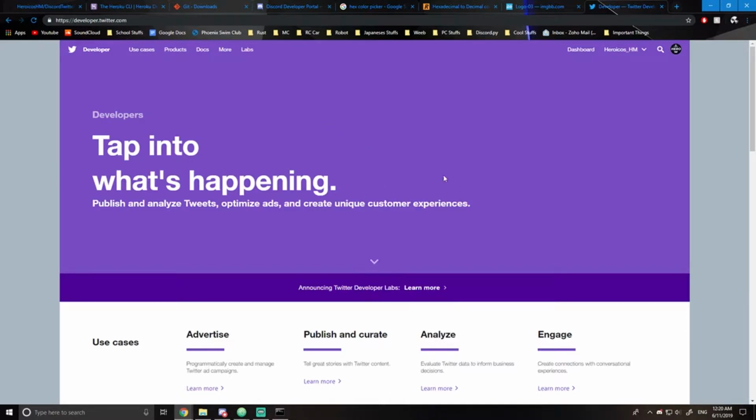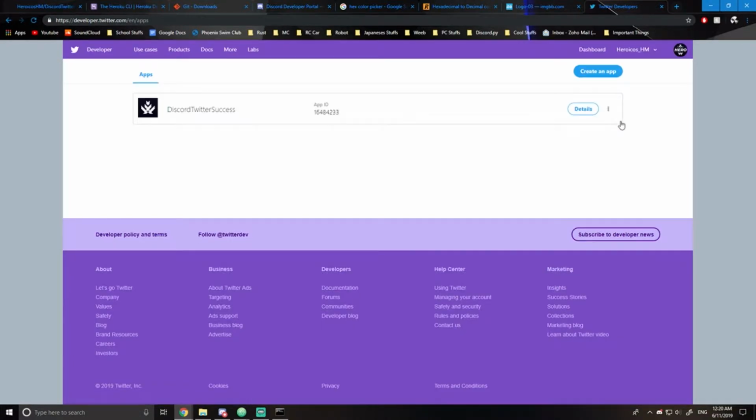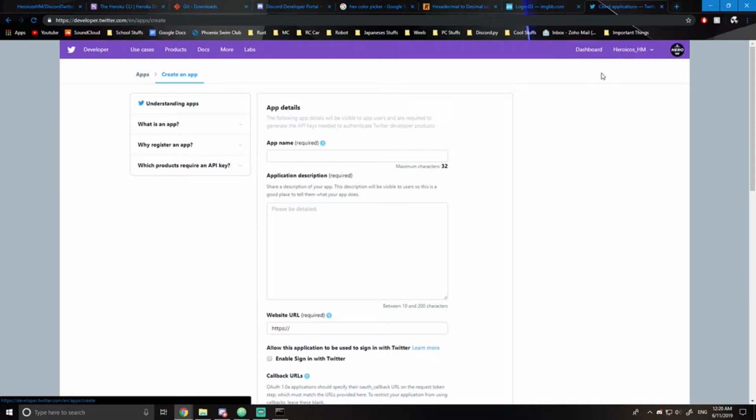But once you're done, you'll be able to come here, click on your name as a drop down, and click on apps. Now I already have an app here. We're going to go ahead and ignore that app for now. We're going to create a new app, name it whatever you like. In this case, I'm going to call it Twitter Success